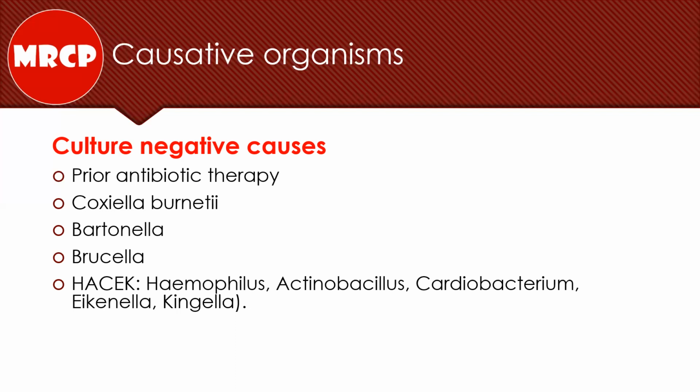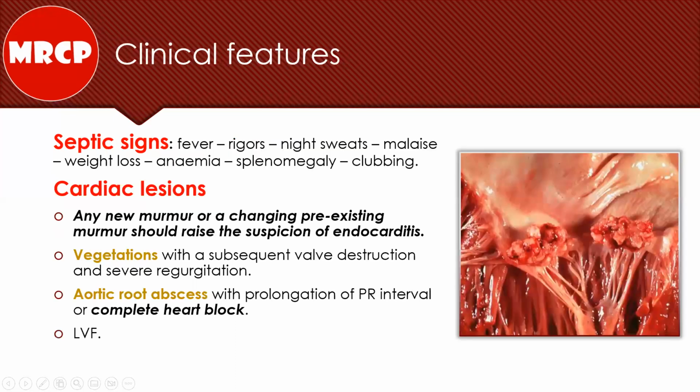On the other hand, sometimes it will be a clinical scenario about a patient presenting with fever, new onset murmur, or a change in the character of a murmur. You did an echo, there is vegetation. You did a blood culture, and the blood culture is negative. What is the most probable cause, or the most probable etiology, or the most probable organism, or the most probable bacteria? It will be asking about any of these. Any of these will be in the options that you have.